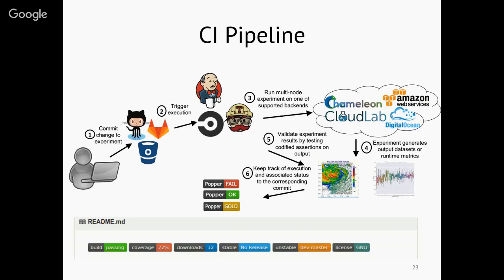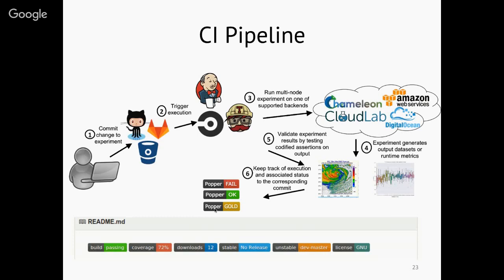If you've seen GitHub, there are these badges placed in the README file of GitHub projects that denote multiple aspects of a project, like whether a build is passing or not, or the percentage of coverage in your code base, and things like that. So for Popper, we have these badges that we serve, and that denote for a particular experiment,